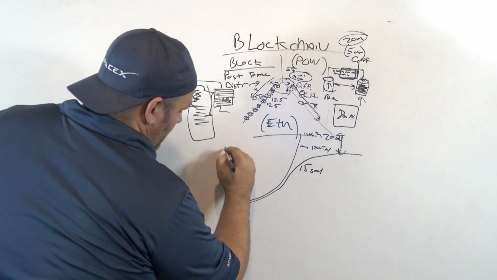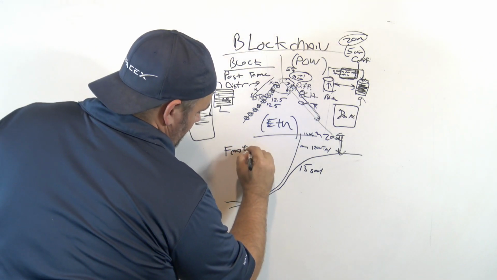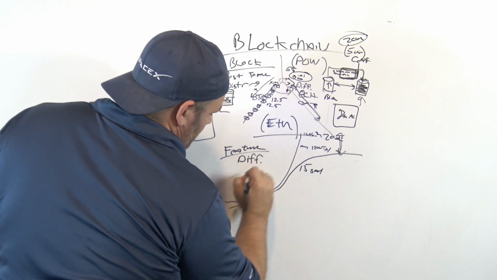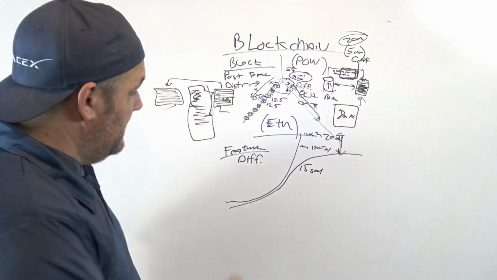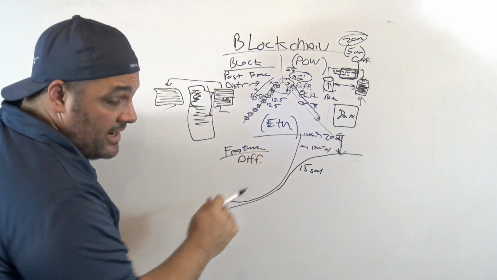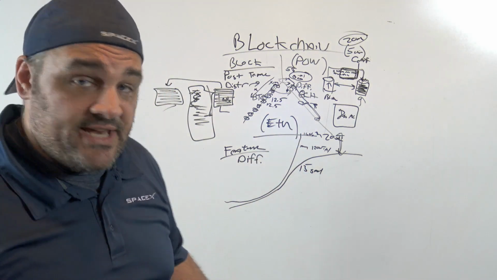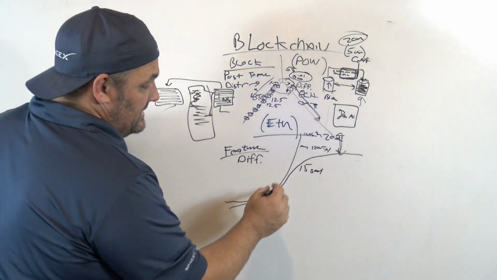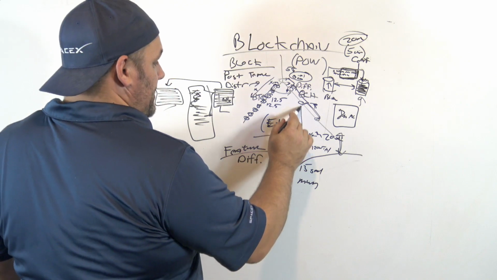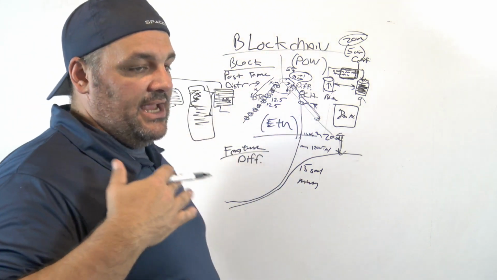This feature was the difficulty bomb. It was put in play because Ethereum was supposed to be going to proof of stake, and they were trying to de-incentivize people from mining it. So it would keep going up exponentially and make it highly unprofitable